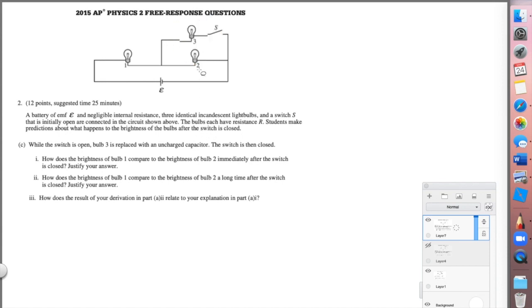It's not letting me delete. Okay, let's just scribble over it. So bulb 3, we'll just scribble in a capacitor. Bulb 3 is replaced with a capacitor. Okay, and it's